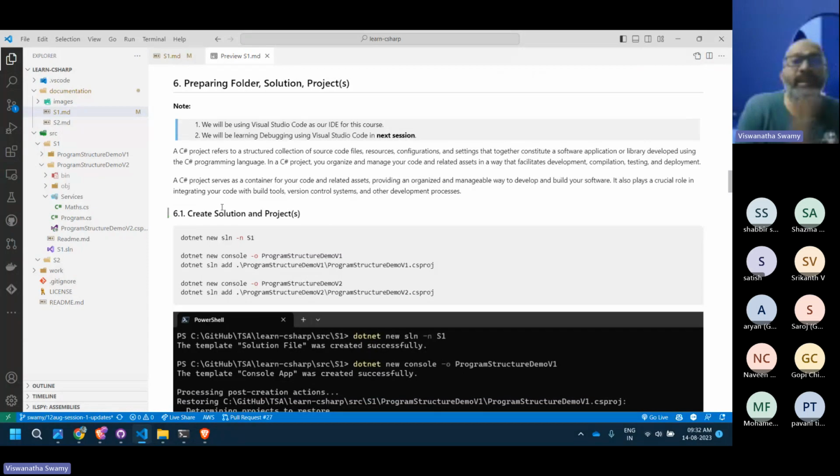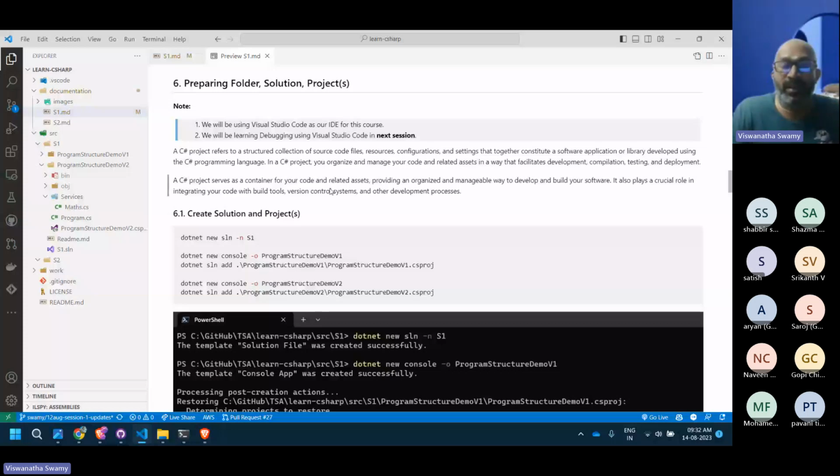The C# project is like a container which will hold, as of today, let's assume, a lot of programming classes and some other assets and application settings and a lot of other things. But as of now, understand that a group of classes, a group of source code, we can wrap into a C# project.